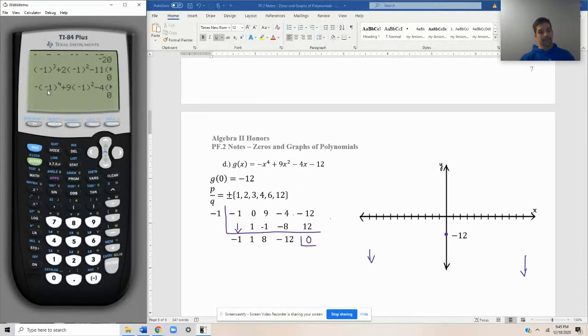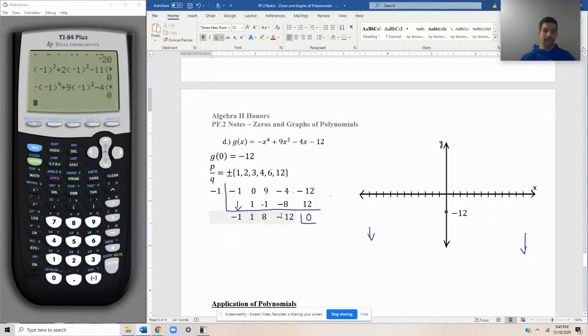I also identified, you can see my calculator here, that negative 1 is going to be a 0. I have not plotted that 0 yet. I'll come back to that in just a little bit. But I listed negative 1 as a 0 and went through the process of synthetic division. So hopefully you were able to get through this far. Now the process of synthetic division left me with